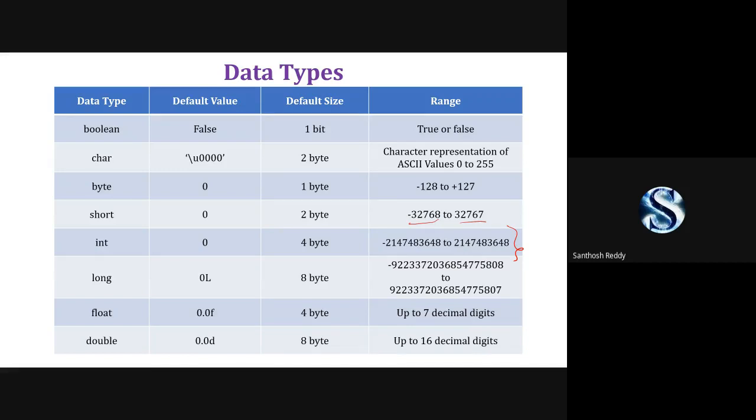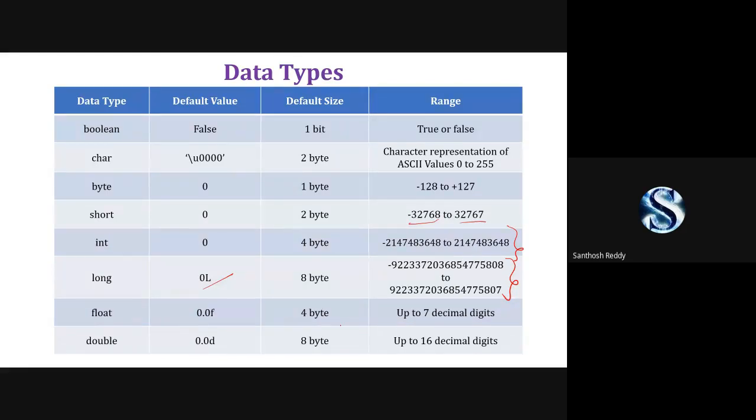Okay, long. Whenever you're specifying a long, by default the value will be 0L. We have 8 bytes and the range for your long is this. It can store this. Float: whenever you're storing any floating points, the default value is 0.0f.